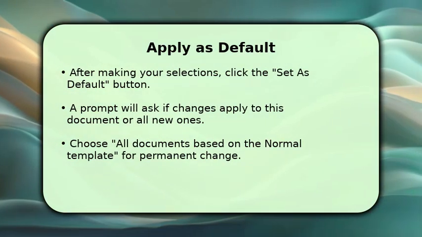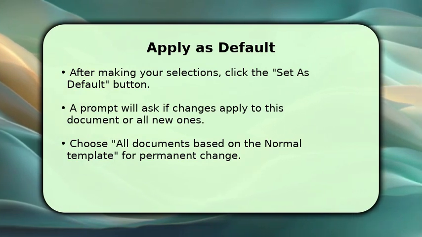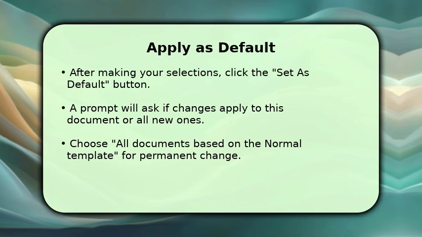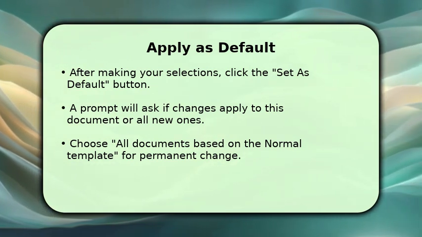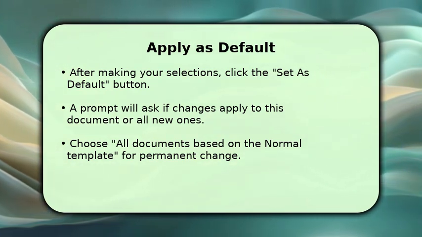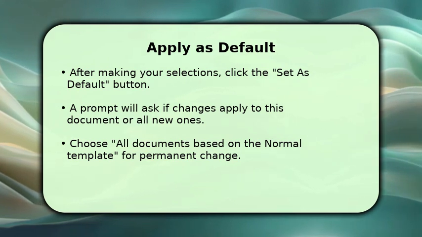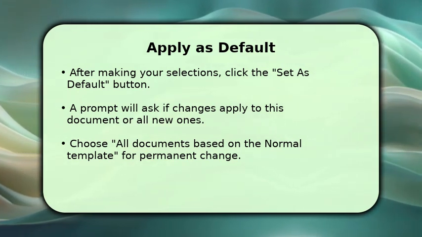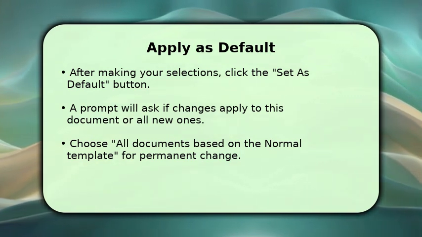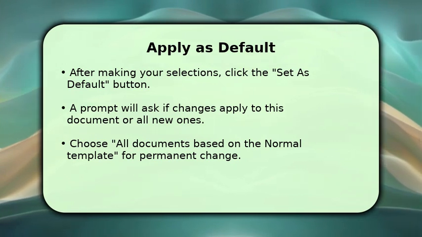With your font and size chosen, the next crucial step is to make these settings permanent. Click the Set as Default button at the bottom of the dialog box. A small window will appear, asking if you want to apply these changes to just the current document or to all future documents. Be sure to select all documents based on the normal template to ensure your new default applies